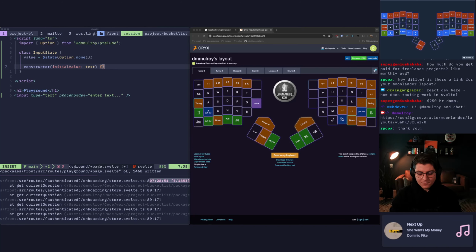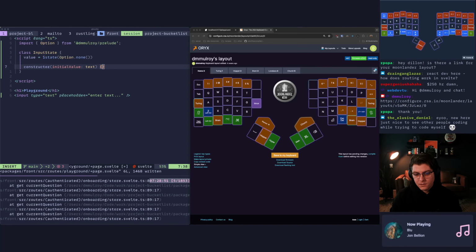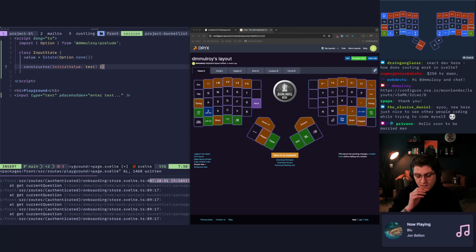Listen, Super Genius, it might seem like a high number, but consider what companies are paying for developers. They're covering things like benefits and salary and all that stuff. And $250 for a contractor is nothing for most companies.